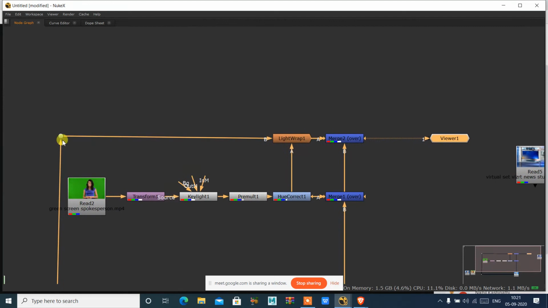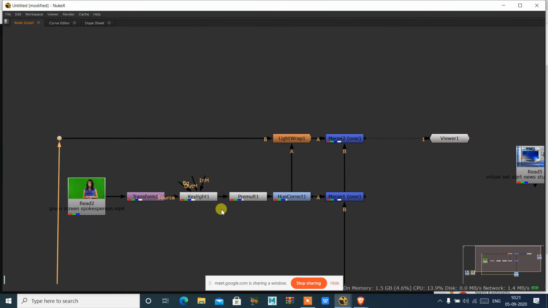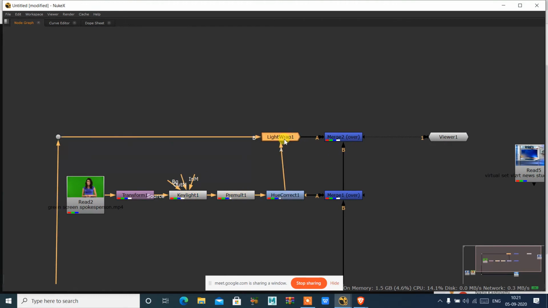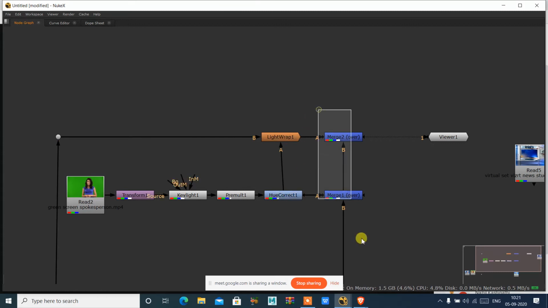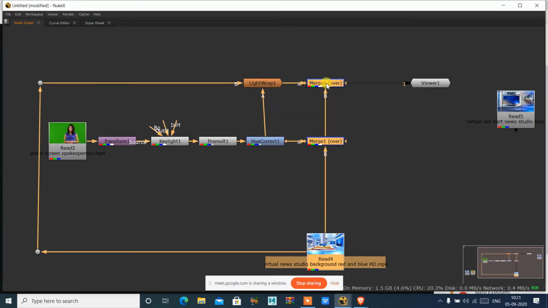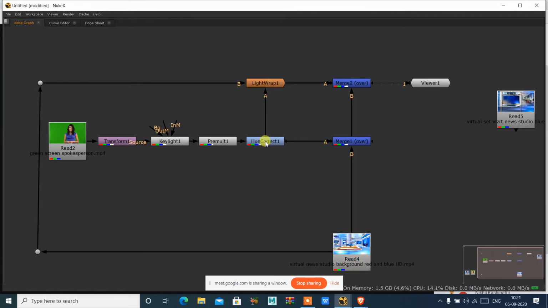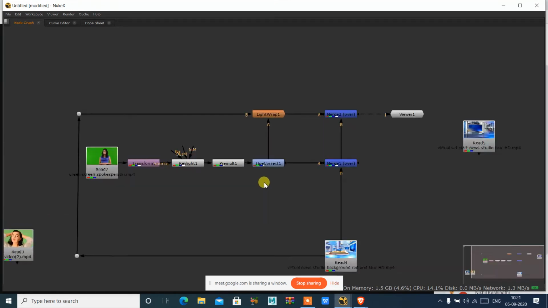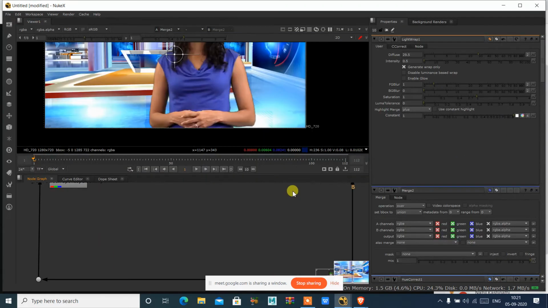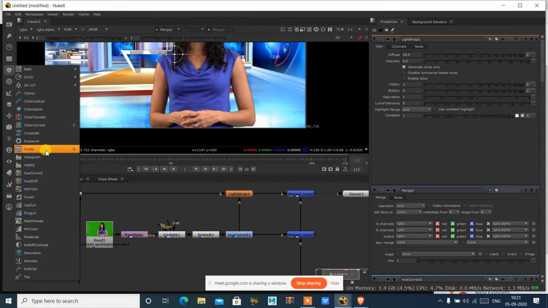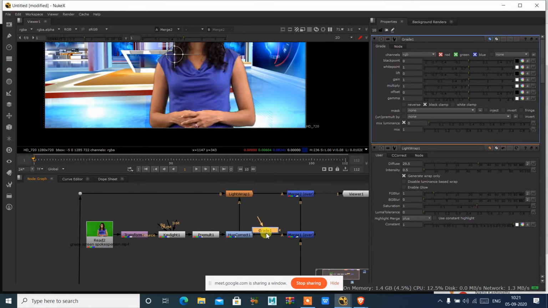Once we have done this, now we have to add color correction to this. To add a color correction, after this hue correct, I'll just adjust these nodes towards the right. If I want to add any of the nodes over here, I have to add after this. So I'll just add a grade node over here. You can select this and press G on the keyboard, or you can also go to the color node and select the grade node. Connect this grade node over here.